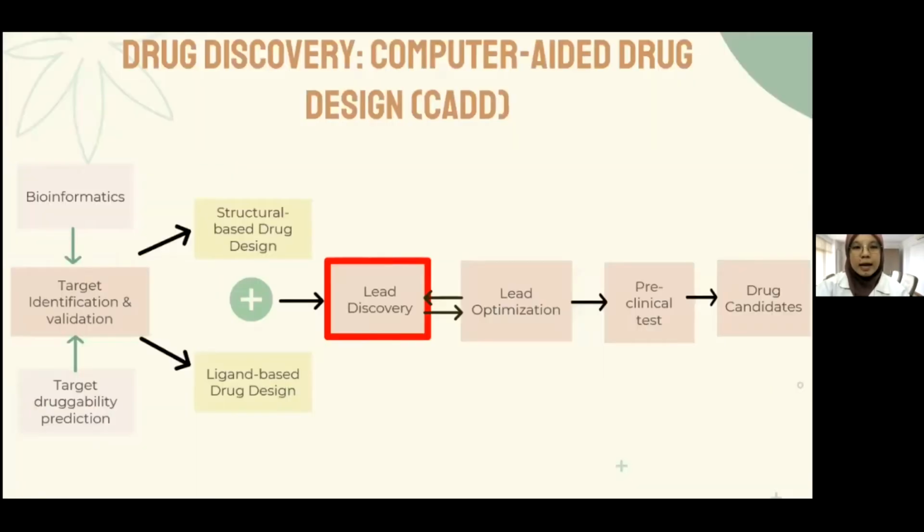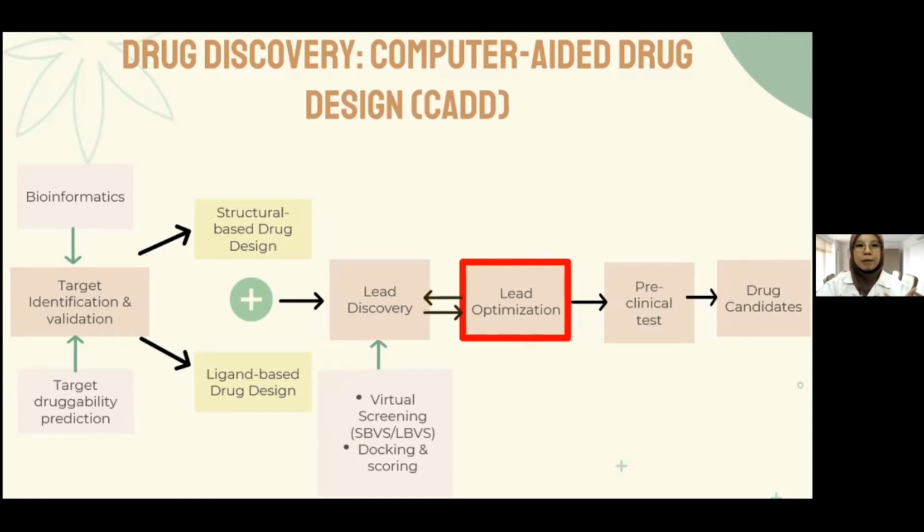Next is lead discovery, which will be done by using virtual screening, which is the alternative to high throughput screening, HTS, mainly in terms of cost effectiveness and higher chances of finding the most appropriate novel hit through filtering huge libraries of compounds in silico. The other approach is docking and scoring. Lead discovery will then be followed by several cycles of lead optimization and subsequent lead discovery using LBCADD. The methods for lead optimization will be scaffold hopping and 3D QSAR.